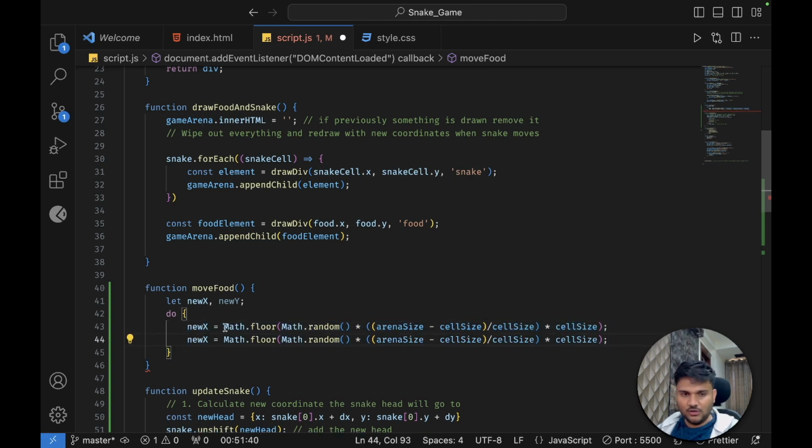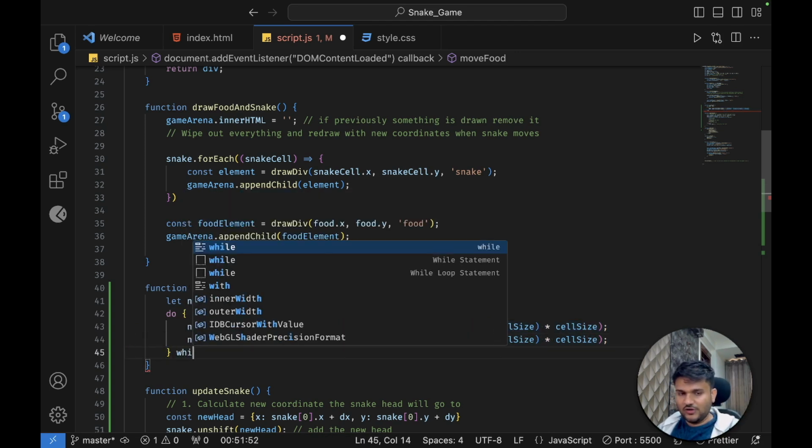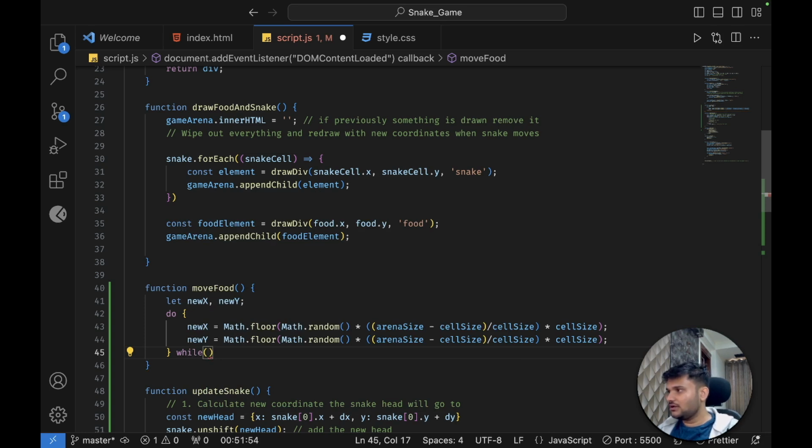I'll help you with this formula in a moment, how this formula is working. But for the timing, just assume that this randomly selects a food item for you. Randomly selects a position for the food item for you. But you will not use this food item if